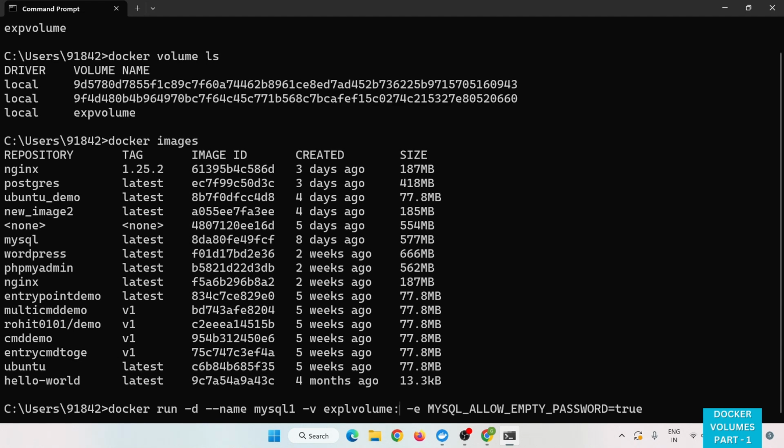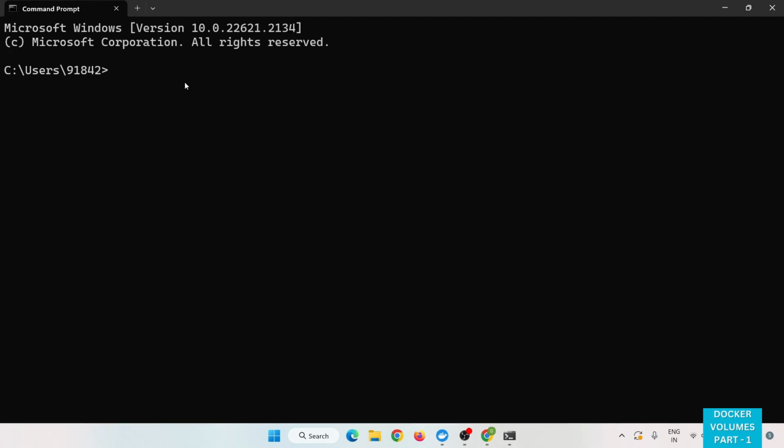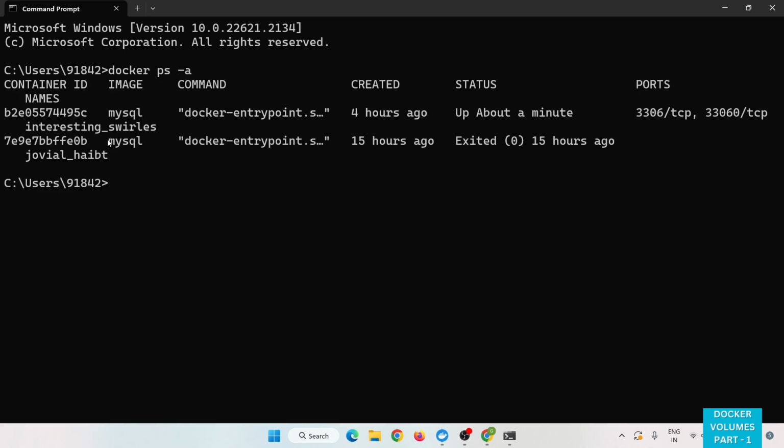So before running this command, let me show you the path of the MySQL. First let me show you the mount path for the MySQL container. Now you can see here it is a MySQL container. Now if we inspect into this container,